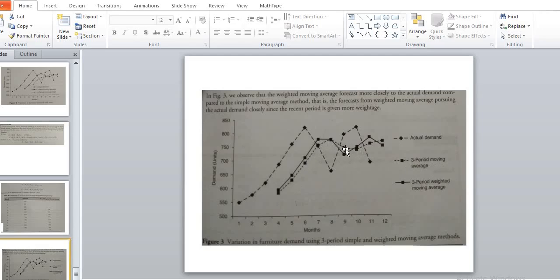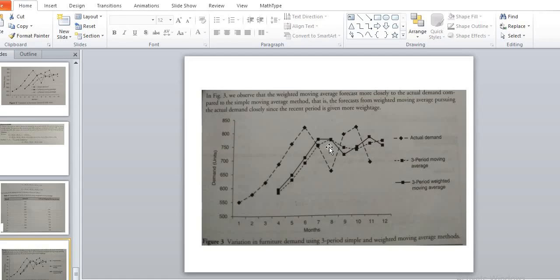This dotted curve represents the 3-point moving average method. And now the weighted moving average method is shown by this curve. Now if you look at this 3-point weighted moving average method, it judges a sharp variation